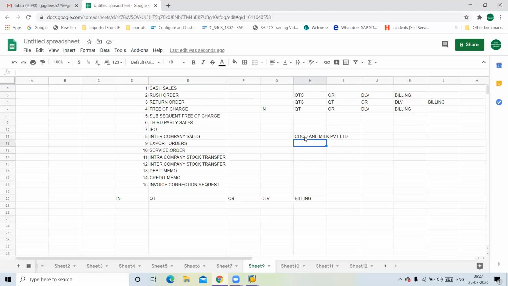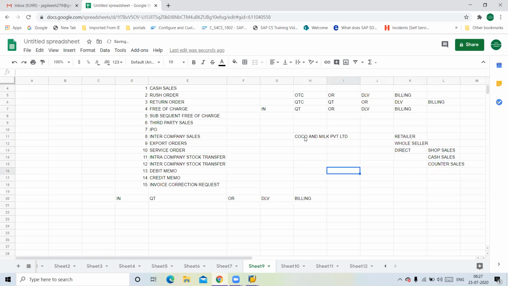For their products, they have customers like retailers and wholesalers, and something like direct customers. This is the point where you have to concentrate. Direct customers means there is something called shop sales, or else you can call it cash sales. Whatever the scenario you take, sometimes you can call it counter sales. This is the right term.